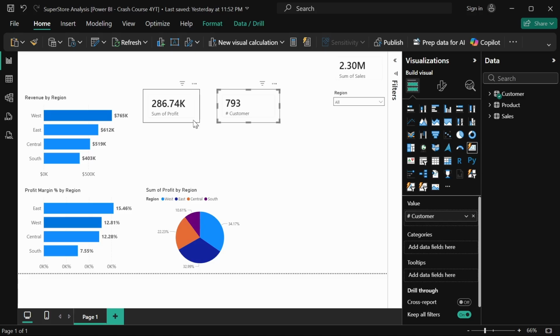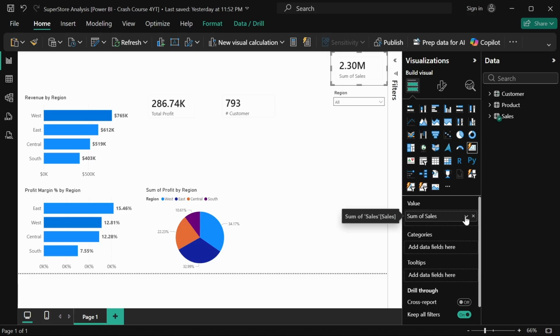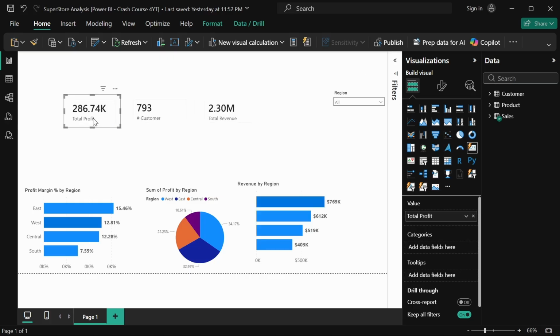And then this will be total revenue. Total revenue. All right, so this is what we have. We're not arranging yet. Of course, we'll have to bring in our shapes to lay out things, right? We'll have to bring in our shapes to lay out things. But first of all,